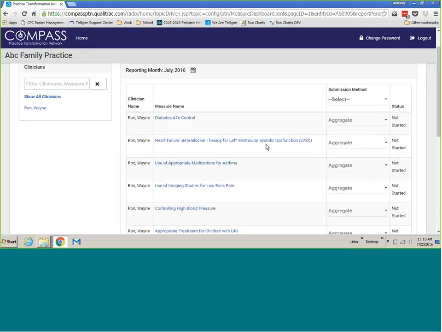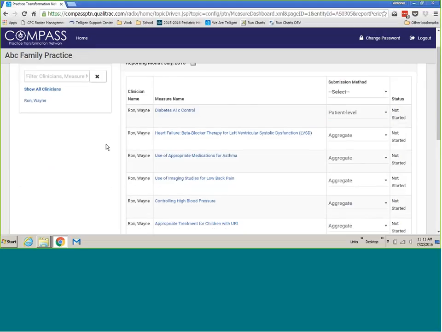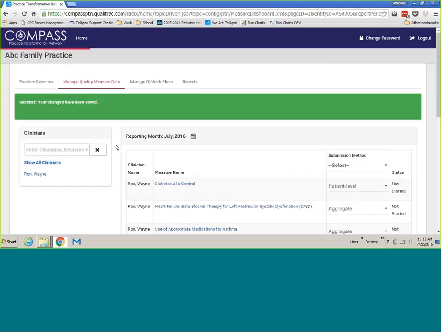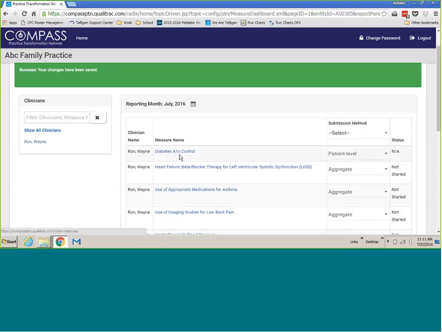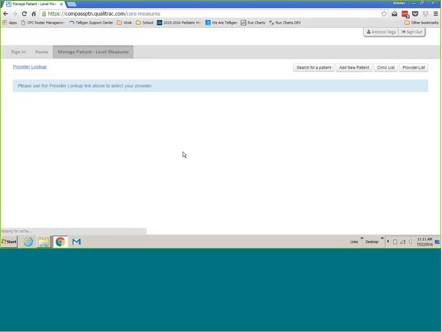So for diabetes, let's say we're going to go ahead and actually submit that at the patient level. Selecting the patient level, and then going down and hitting Save will now save that link and direct me to the portion of the system where I can now go ahead and enter in patient-level information. I'll go ahead and select Add New Patient,